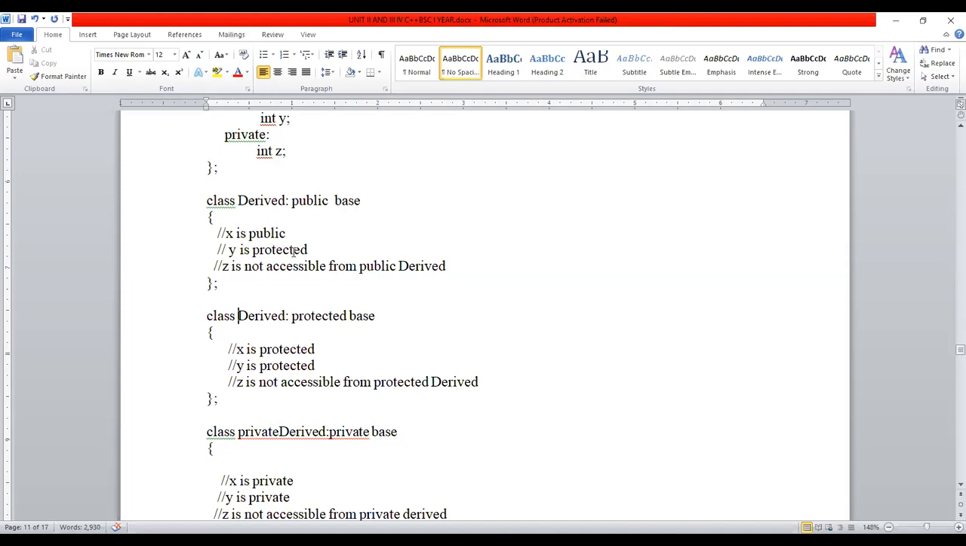X is public, y will be protected, because here y we have said protected, so y will become protected, and z is not accessible. If another class, protected base, is there, then x is protected, y is protected, z is not accessible. If class private,